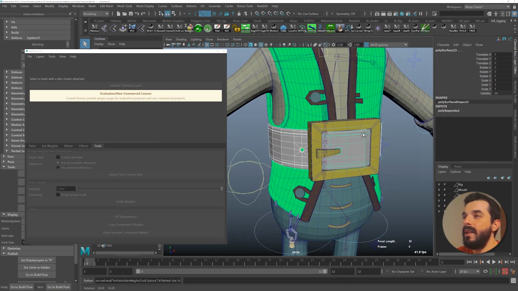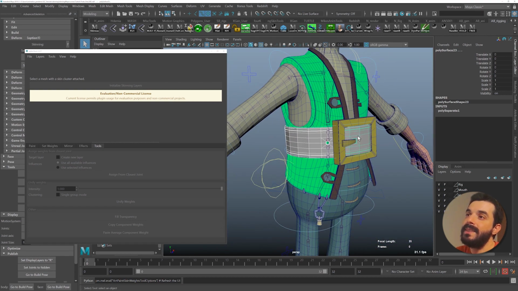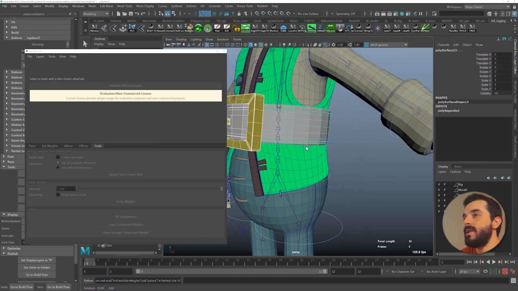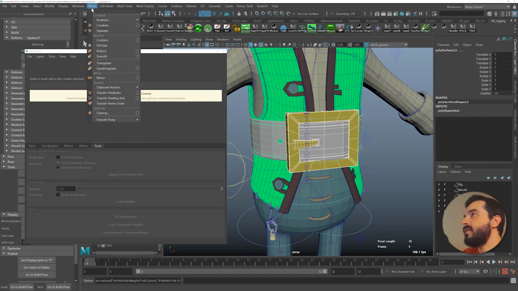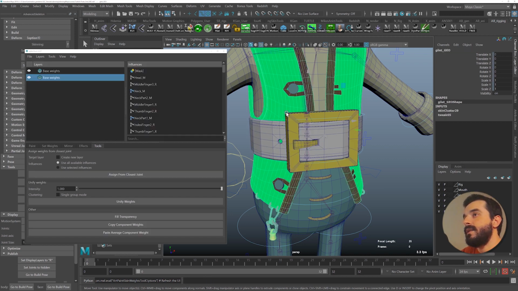So the belt has again some issues because right now this belt can't really deform, can it? There are a few solutions to make sure this part does not deform, but still you will have to do some creative rigging in there, and I don't think we have the time to do that right now. So I'm just going to select the whole belt in there. I'm going to combine the geometry, delete the history, call this belt underscore gel,